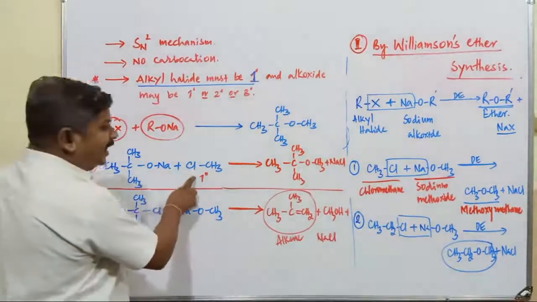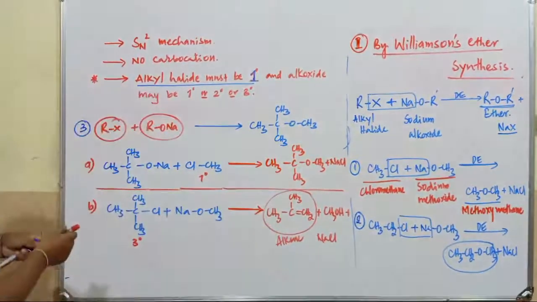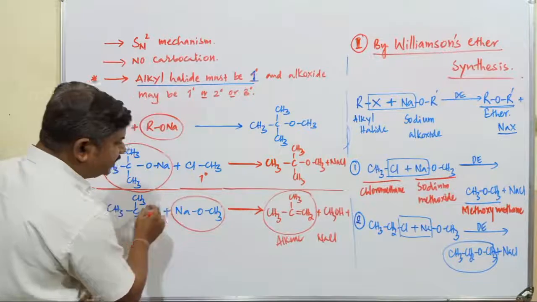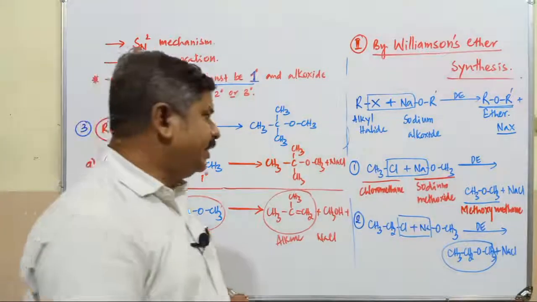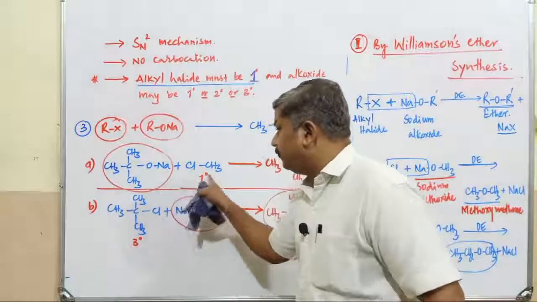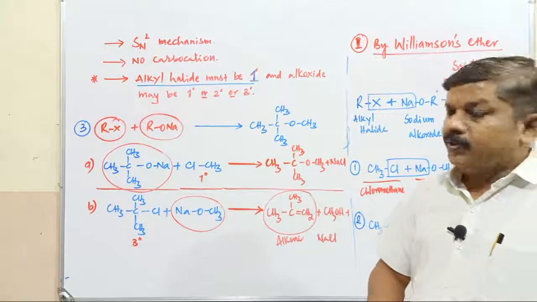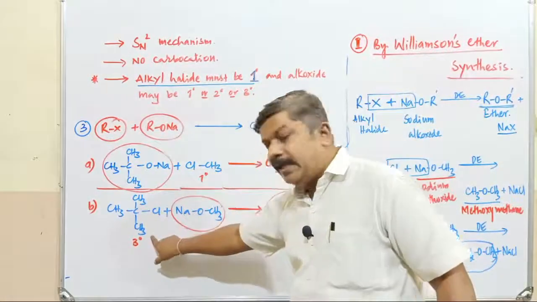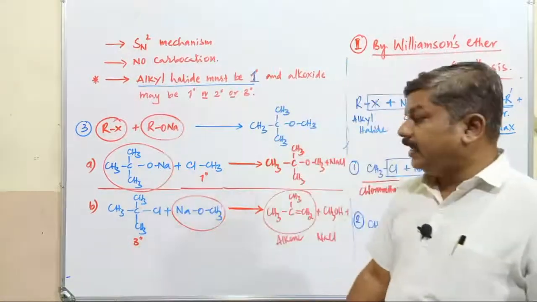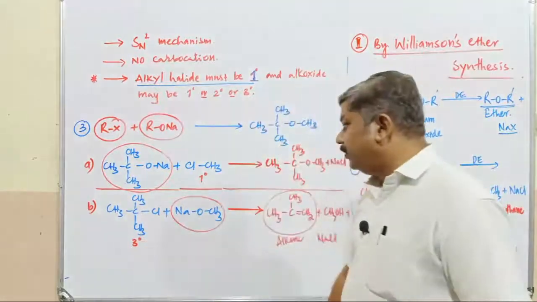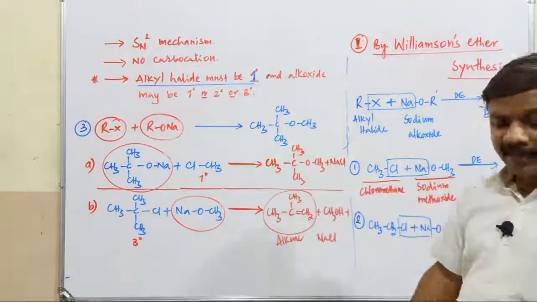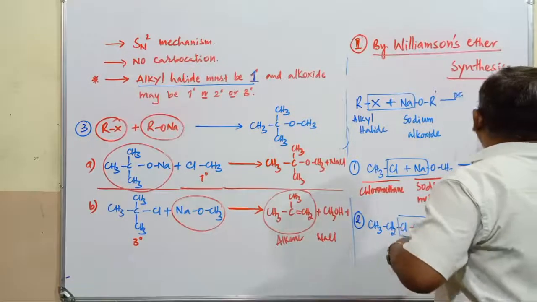If you are using primary alkyl halide, formation of the ether compound takes place. So the sodium alkoxide here is tertiary and here it is primary. That alkoxide usually does not differentiate the reaction, it is only because of the nature of the alkyl halides. Students, between primary alkyl halides and tertiary alkyl halides, which one undergoes dehydrohalogenation easily? This molecule undergoes dehydrohalogenation. When dehydrohalogenation takes place, alkene compound is formed. It is not an ether compound.